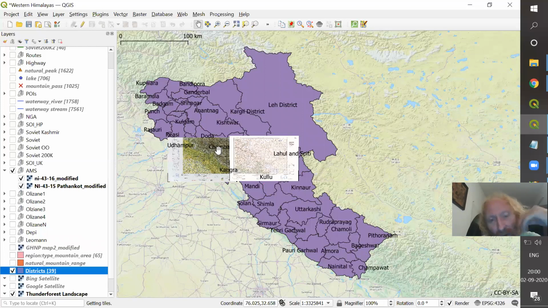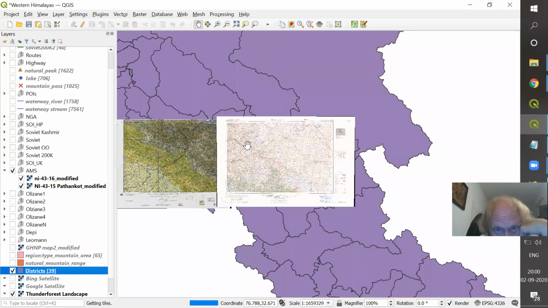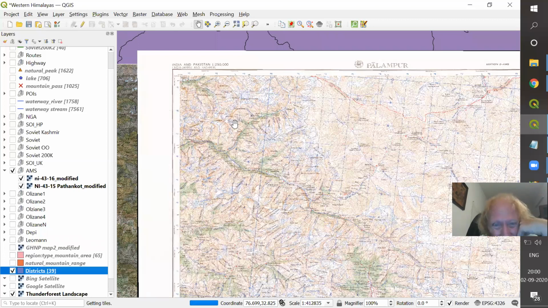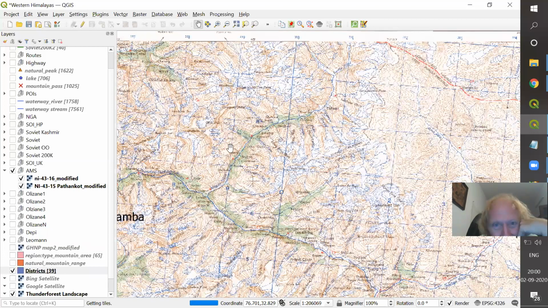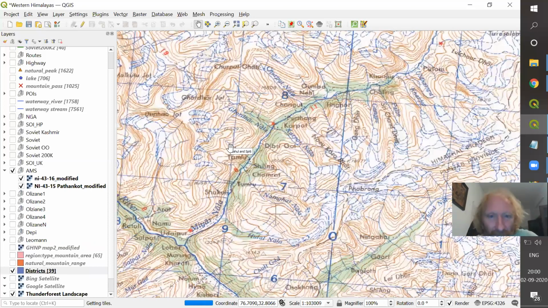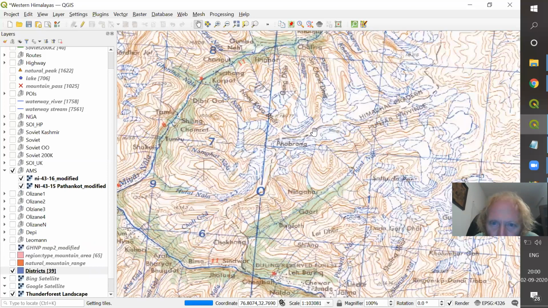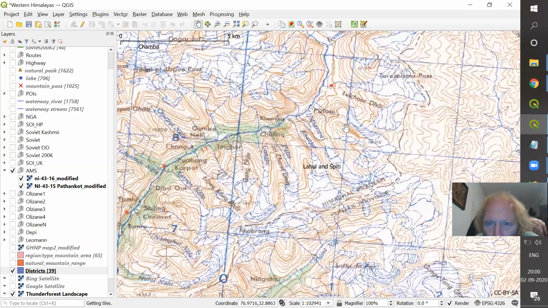These are pretty rough maps in the sense that these maps are a little bit grainy. If you look at this, it's not very clear. But the American Army has also extensively mapped not just the Indian Himalayas, but the entire world from a strategic point of view. And if you look at these black lines here, these are all trails which have been mapped. And you can see the passes here,